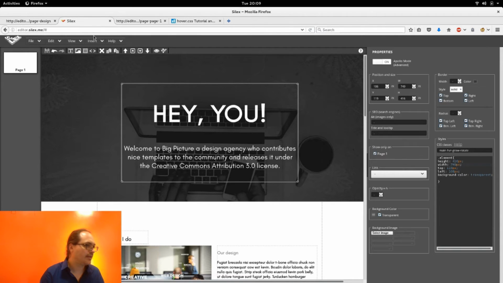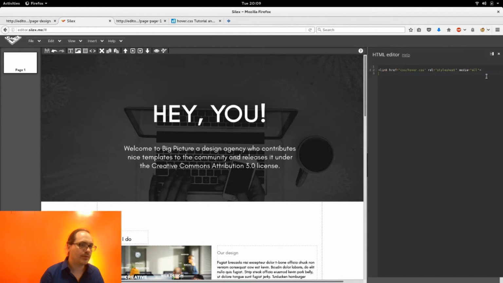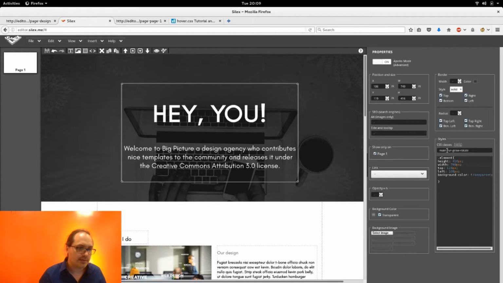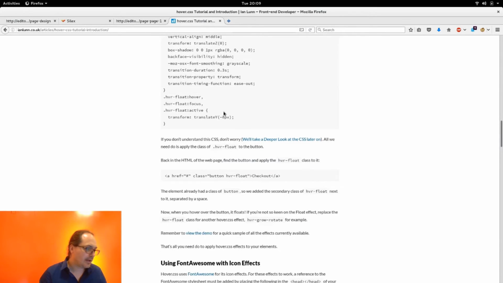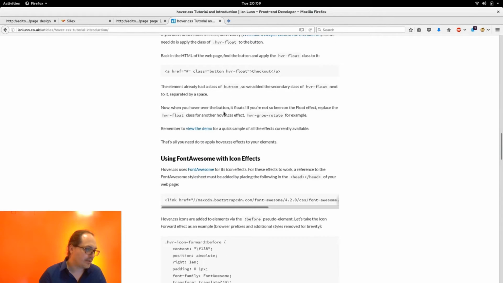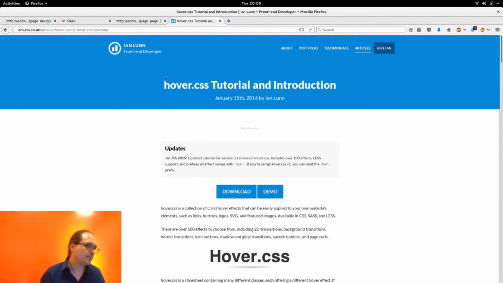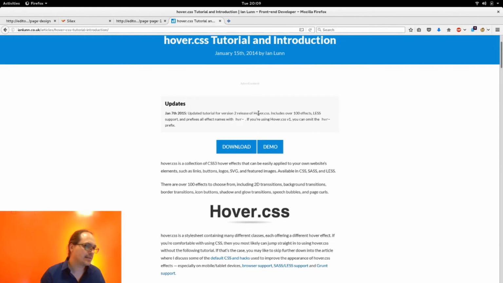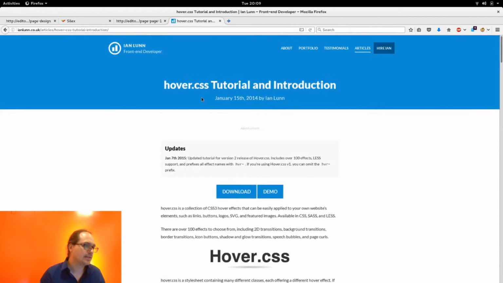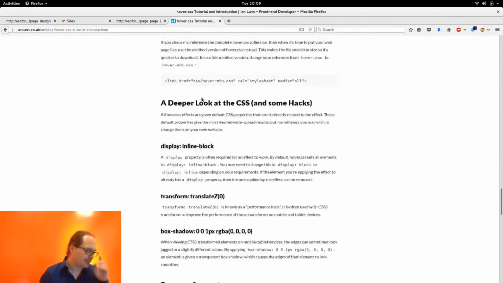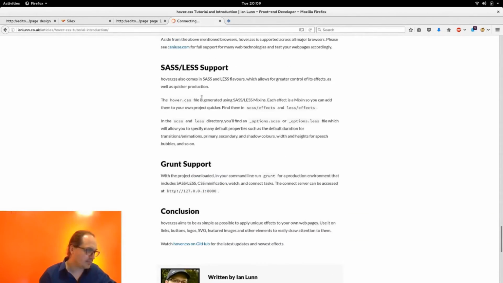Once again, I opened the head editor, I copy-pasted the code they gave me in the tutorial for this hover.css library, and then I selected this element and added the CSS class that they gave me in the tutorial. Now I suppose there are many other effects, so I'll be able to change the CSS class, and it will change the CSS effect. Anyway,